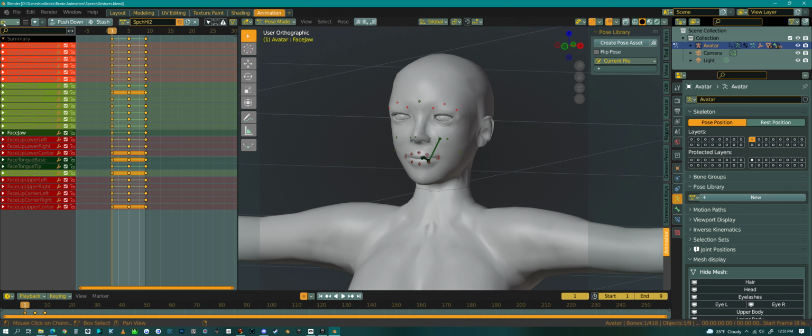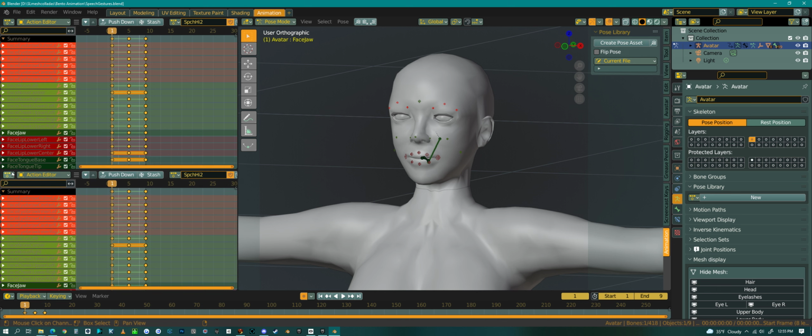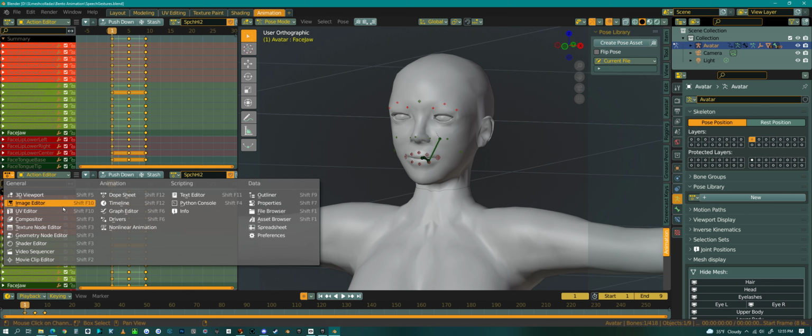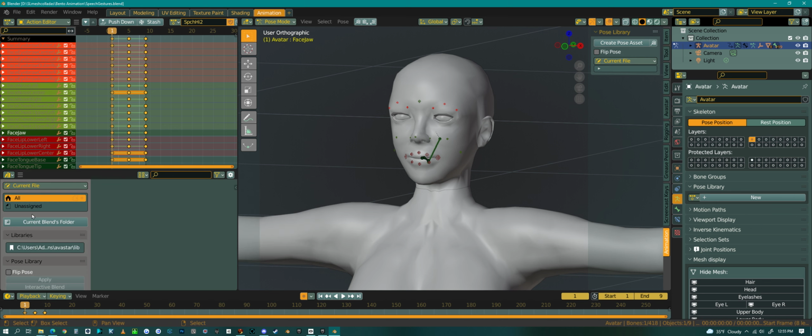Now, the actual asset library, I'm going to just fork off a window here. Asset browser, right there. So we have no animation or poses in this library,